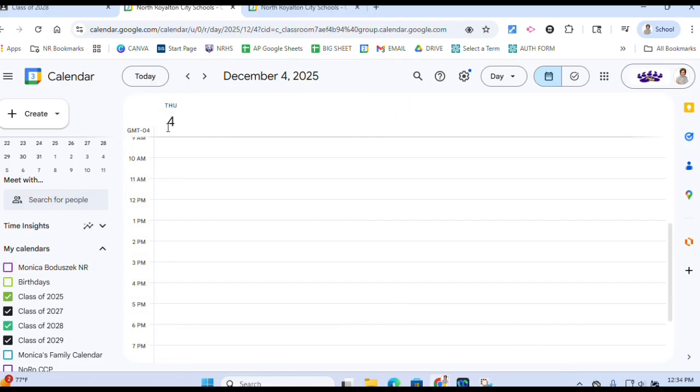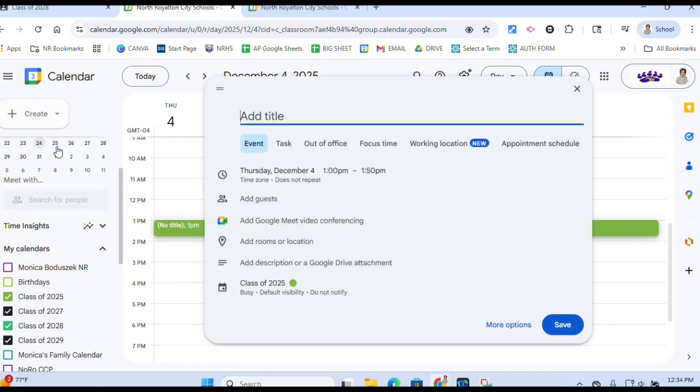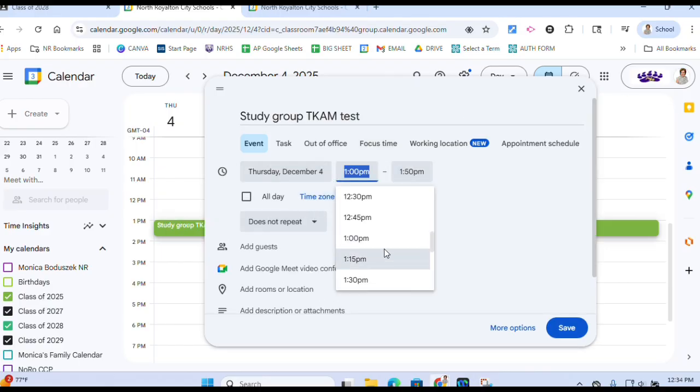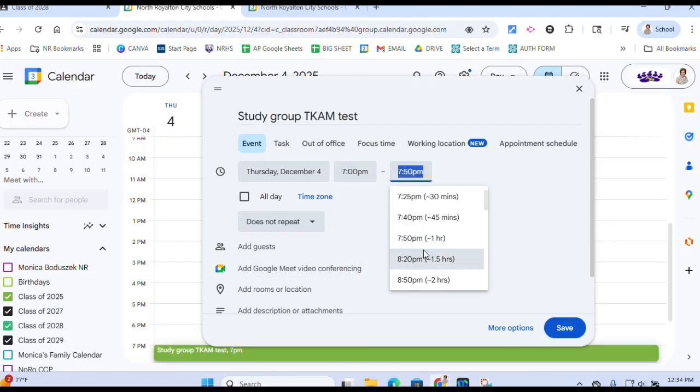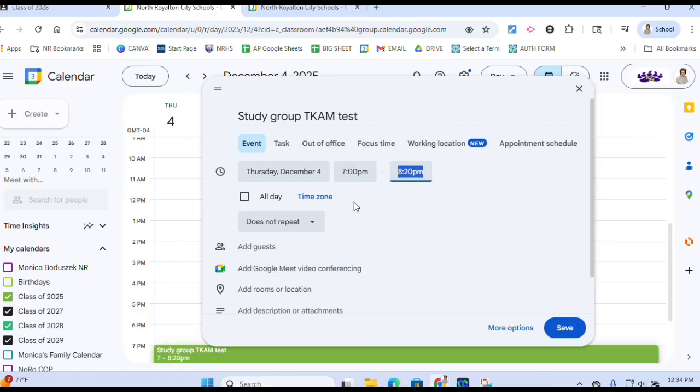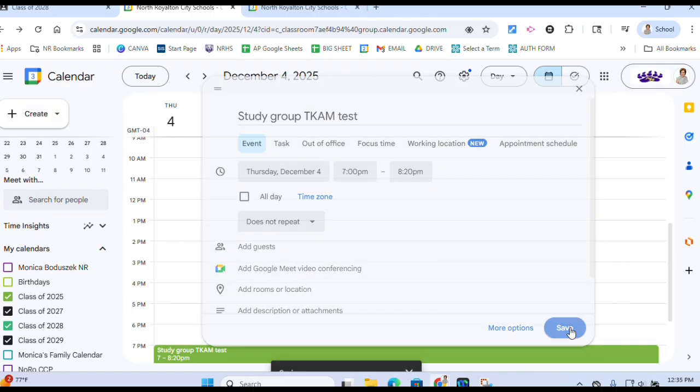So you want to click on that date, and you go over here to the Create button, and you can call it Study Group for To Kill a Mockingbird Test. And obviously you got school that day, so you're probably not going to be meeting until the evening. Let's pick 7 o'clock to 8:20. And then you can even invite some people there,